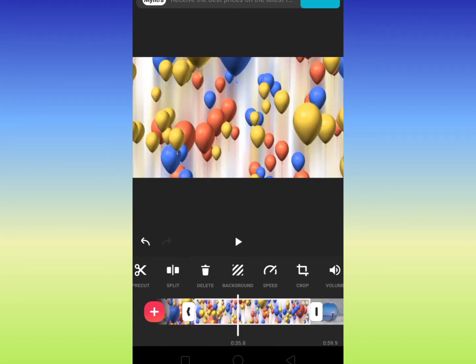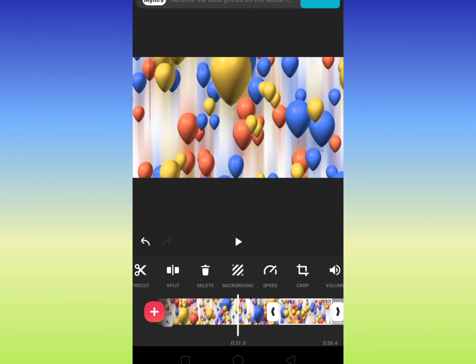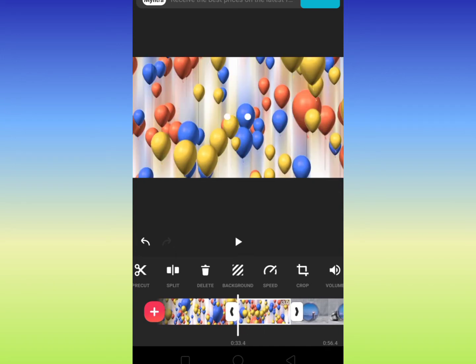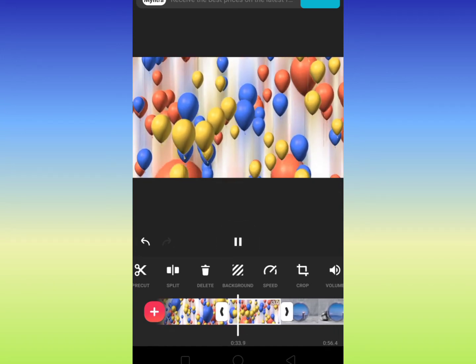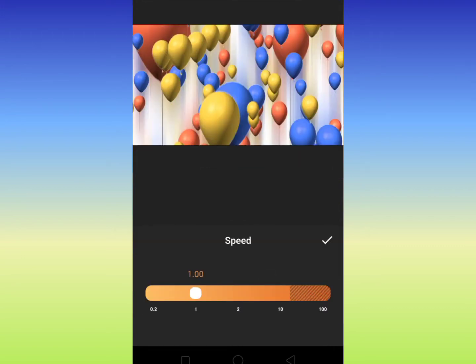And okay, I have again split over here, and you can see that I am reducing the timeline as well, and I have shortened this clip. So with these arrows left and right you can do that.